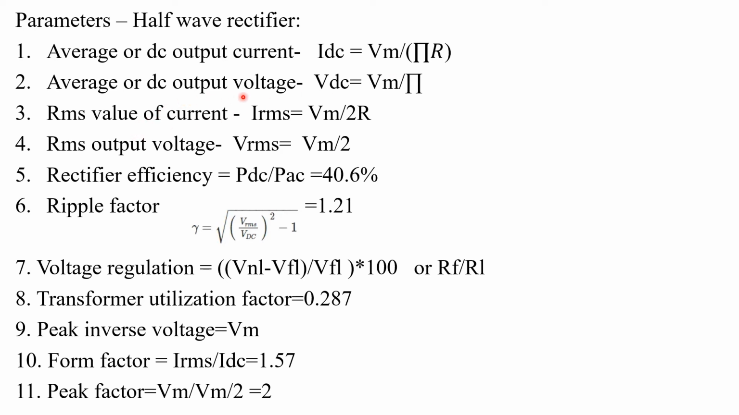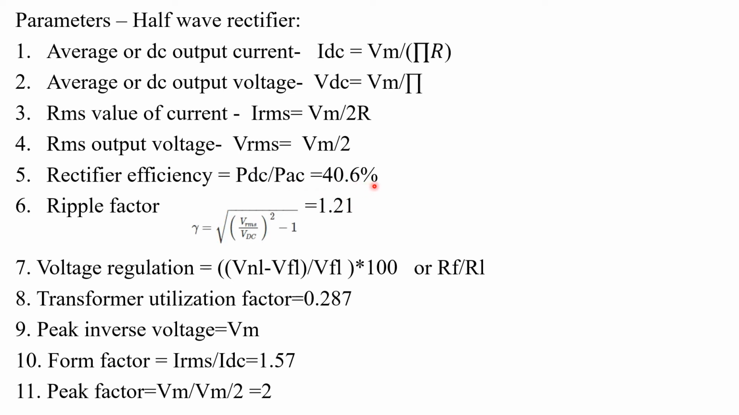Average or DC output voltage, that is normally indicated by VDC, will be Vm by pi. And the RMS value of current will be Vm by 2R. And the RMS value of output voltage will be Vm by 2. Here R is nothing but the value of load resistance. And the rectifier efficiency is normally calculated by using the relation PDC by PAC, and